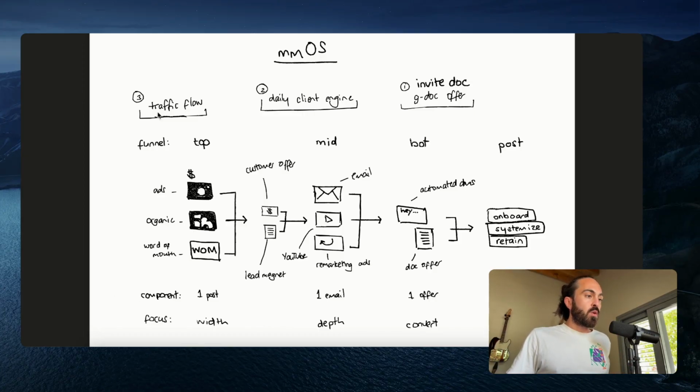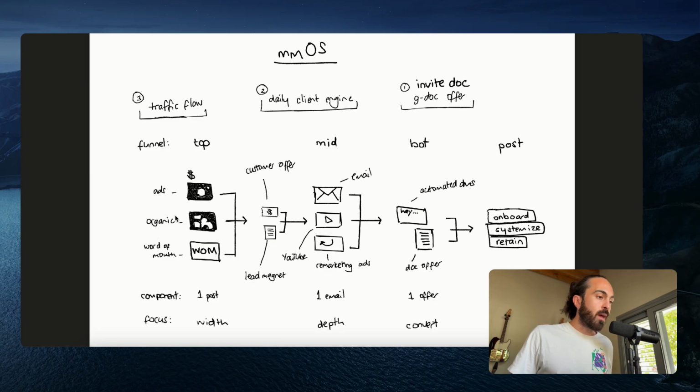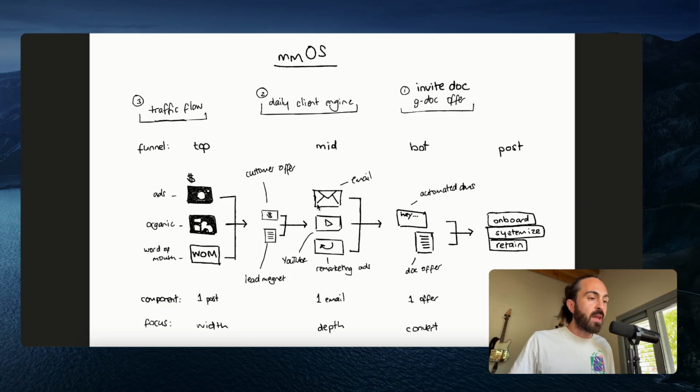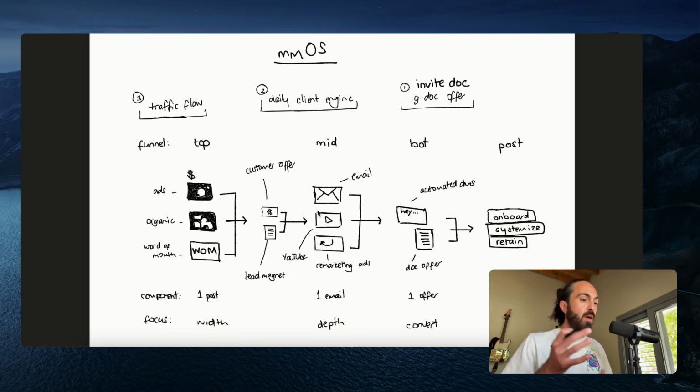Now, there is the traffic flow on the left, which comes from LinkedIn organic primarily, or Instagram organic, or with a little bit of low cost $5 a day paid ads. Then we've got this daily client engine, which is email, YouTube, remarketing ads. And then the bottom of the funnel is Google Docs and little automated DMs to send either payment links